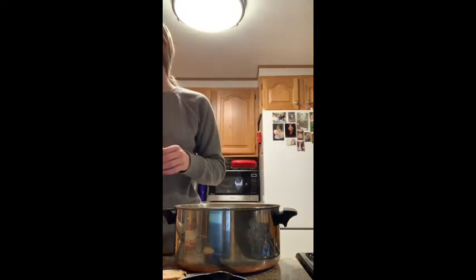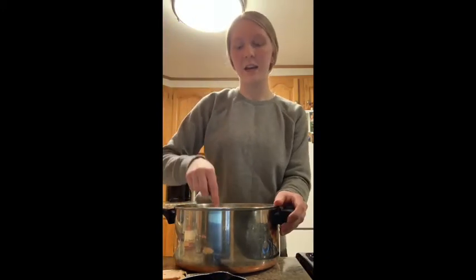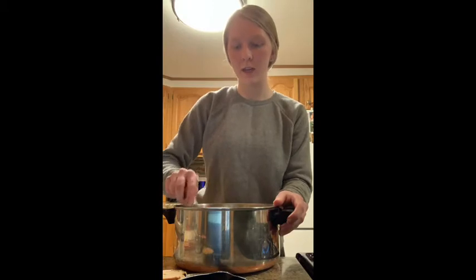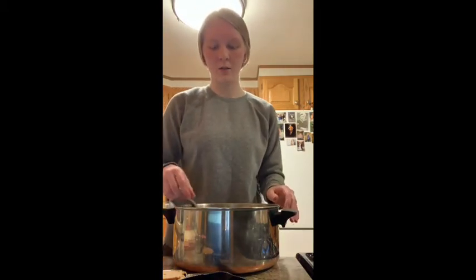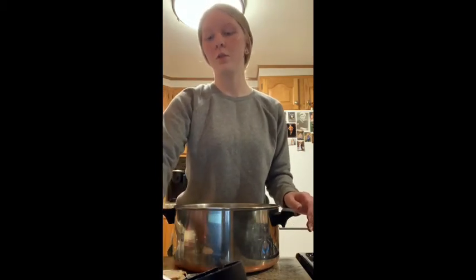And then the last thing is peanut butter. And when I'm heating this, I will have to be constantly mixing it. But before I do that, I'm going to measure out my peanut butter, which is a little bit more difficult to do